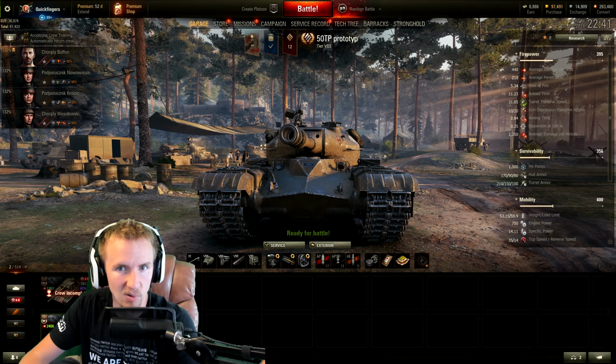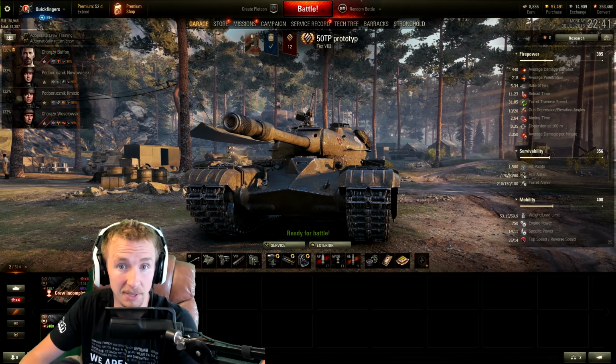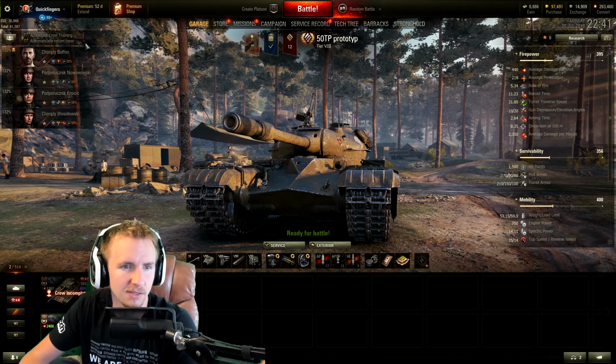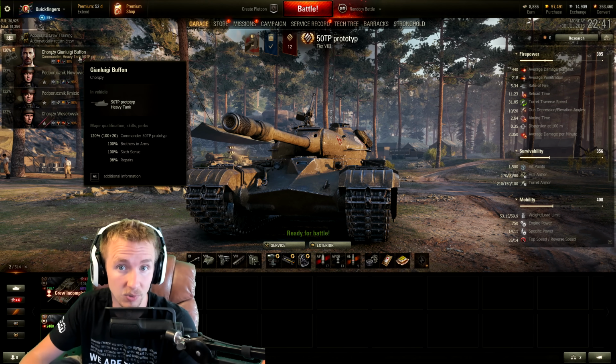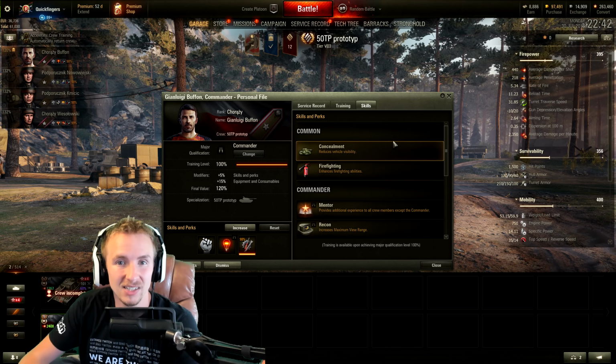So as this is the first Polish heavy in the game, a lot of you might be interested about how many crew members this vehicle has. And it is 4. It has a commander, a gunner, a driver, and a loader. And the commander is also the radio operator in the vehicle,